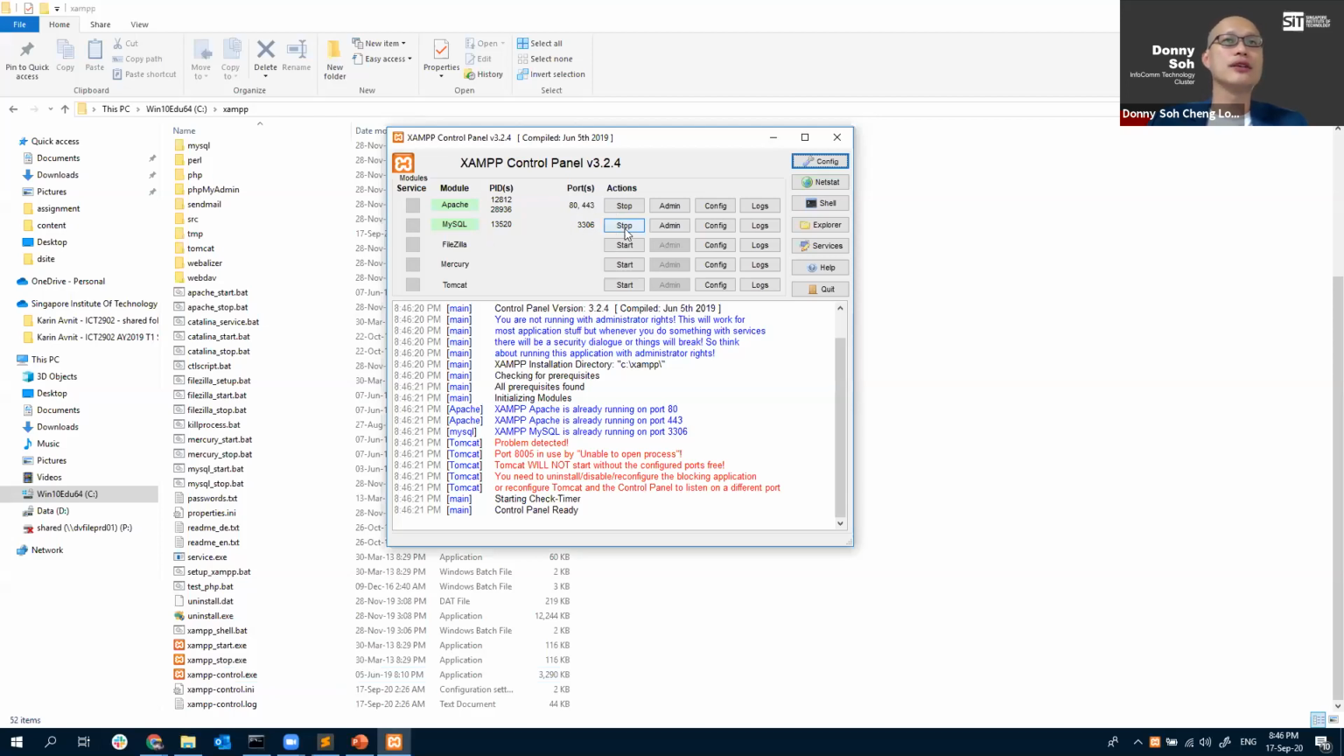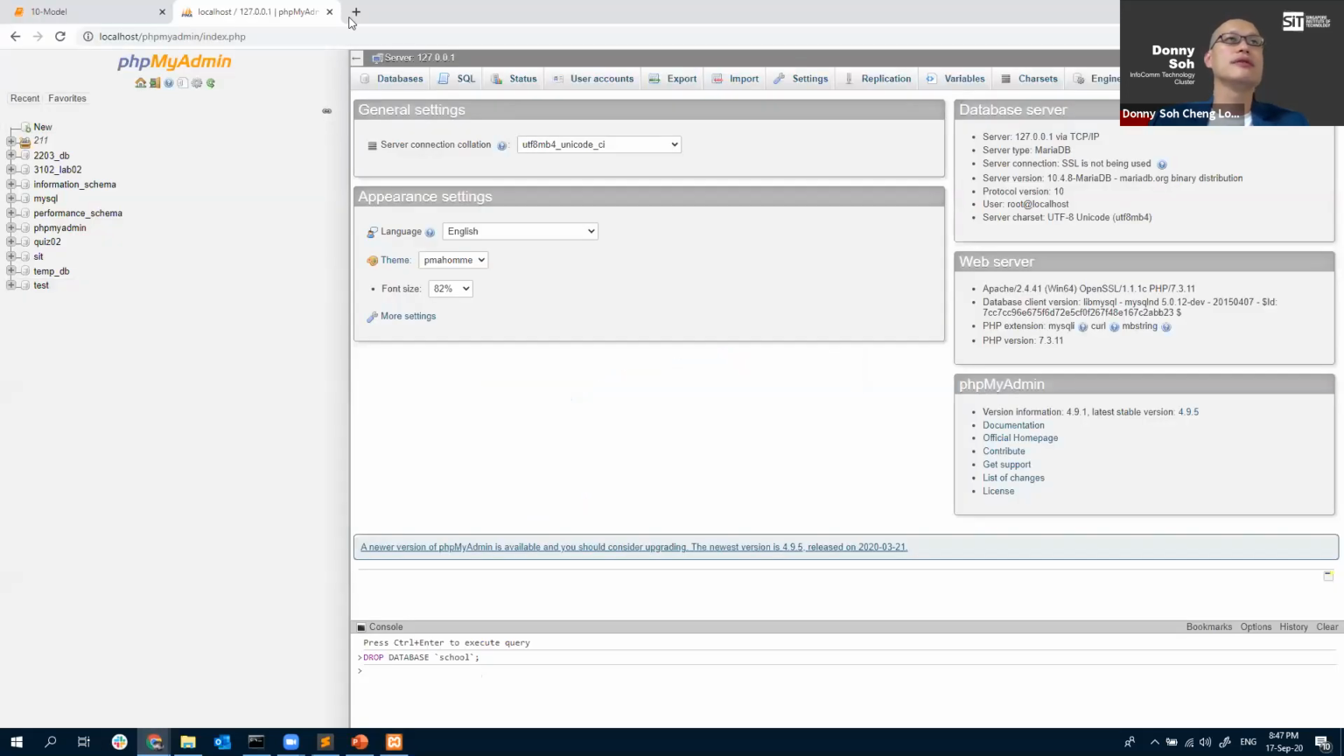If you find that you cannot start this one, most often you have a conflicting SQL database on your machine, and you need to delete that process before you can start this. When you first begin, both will be stopped. So I'm going to show you how it is when I first